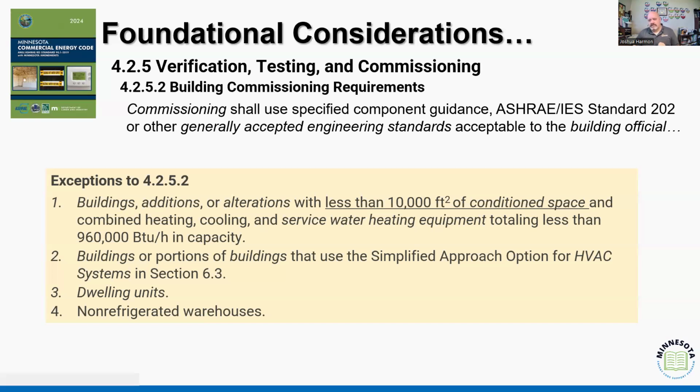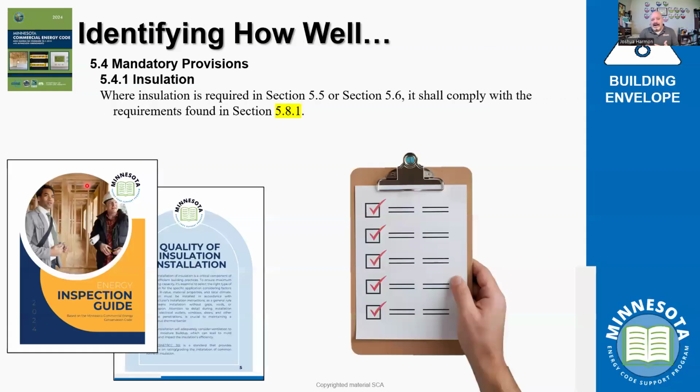So when we think about those systems, when we think about the thermal envelope component of it, if we're expanding, we're altering, we're modifying, we're new, we're not just saying, okay, the inspection done by the inspector, maybe that is good enough. Maybe that is the level of expectation, but that's why we want it identified in those construction documents so we all have the same expectation on this particular project as to how far they're going. Maybe it's the prescriptive process where we say, okay, it's prescriptive, just install it to the code, and then the inspection works for that. But again, that's part of that understanding of how well it is installed, right?